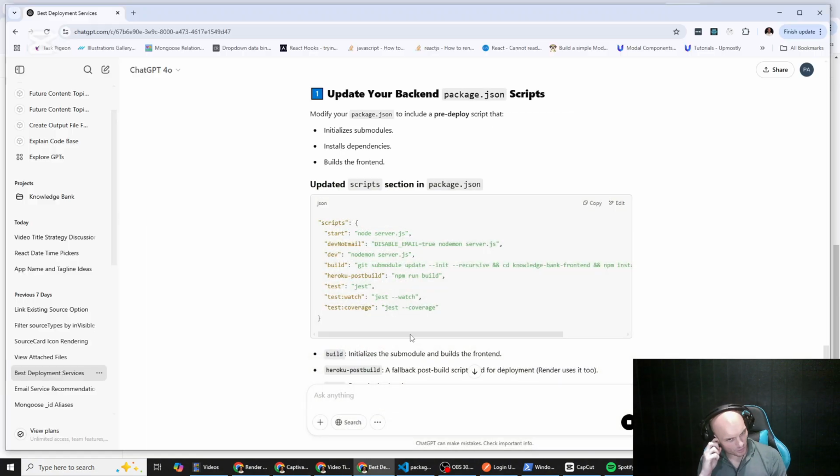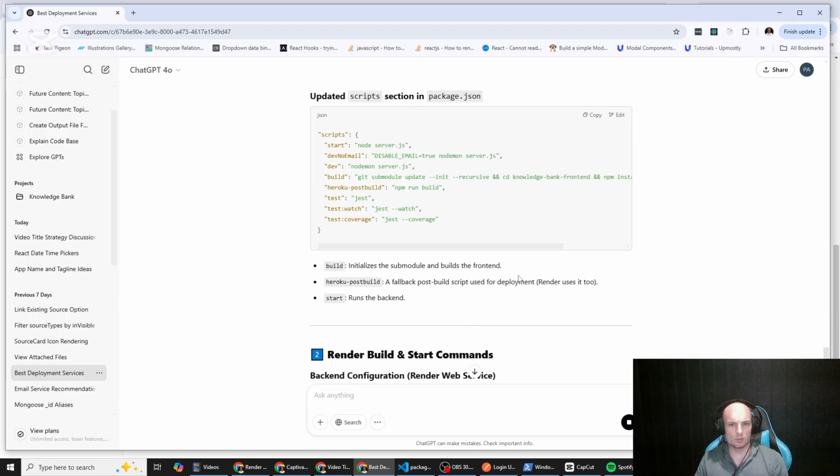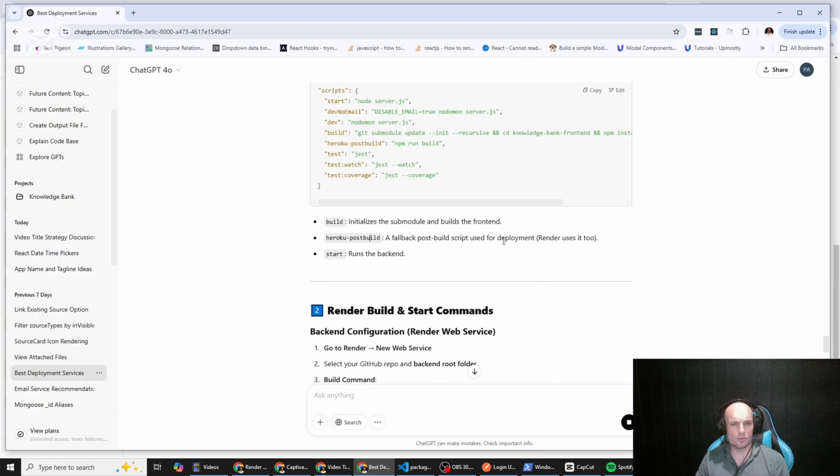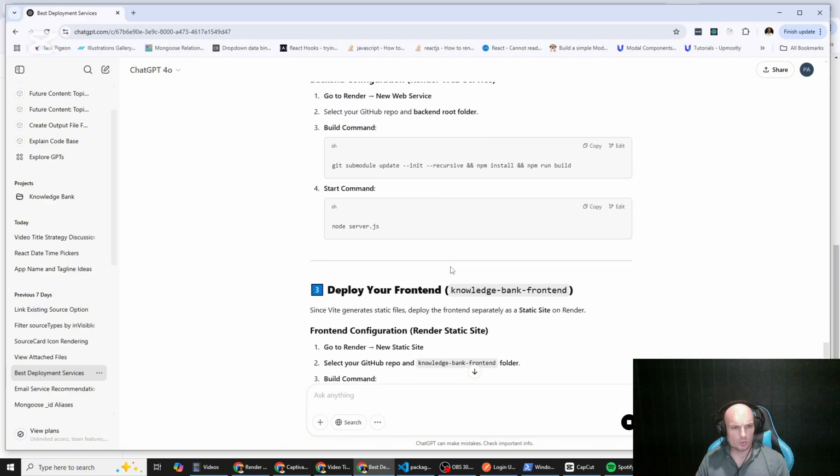Why does it mention Heroku? Render uses Heroku too. I don't think it means that Render uses Heroku post build. What? Why would it do that? That's weird. Unless it's saying yeah, I think it's saying it can have a fallback script, but we would call it render post build, presumably. Okay, so